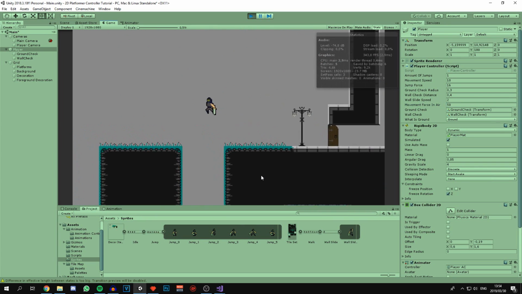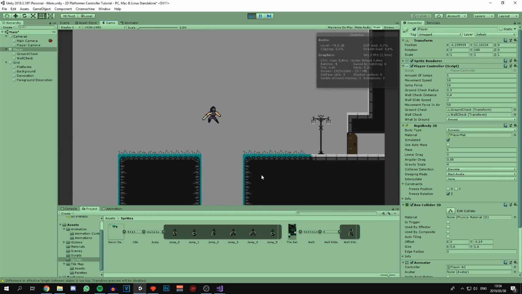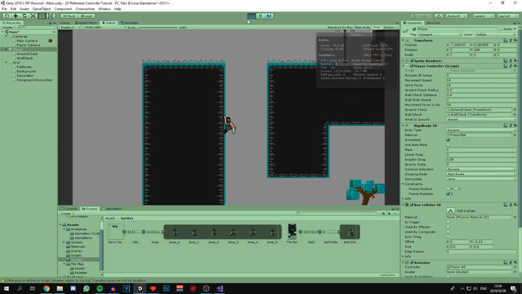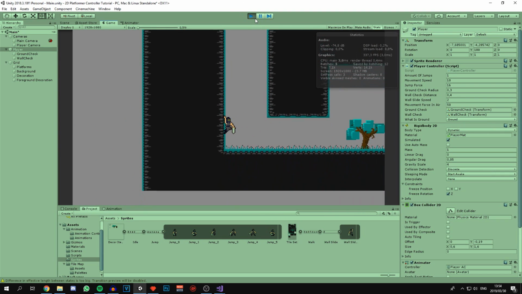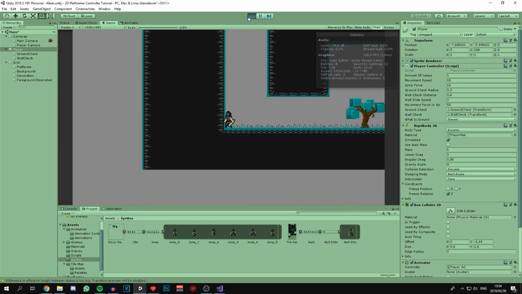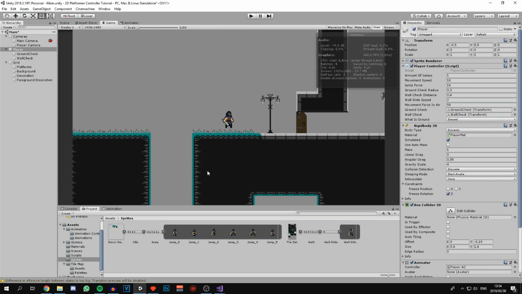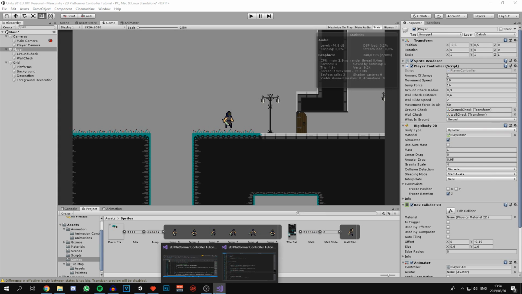As you can see now, when we jump and we move sideways, if we let go of the keys, the character doesn't seem to slow down. It just keeps moving at that velocity, which isn't very nice to control. So now let's slowly bring down the velocity once the character isn't giving any more input. So let's go back to the code